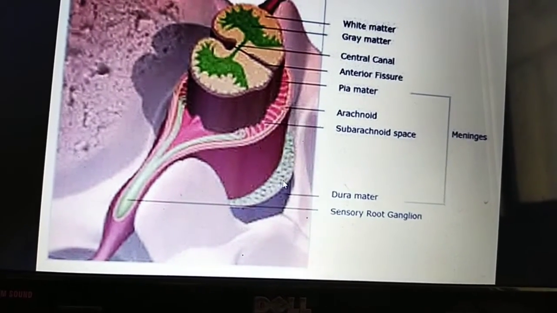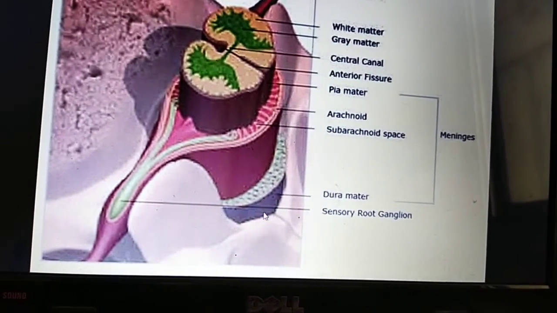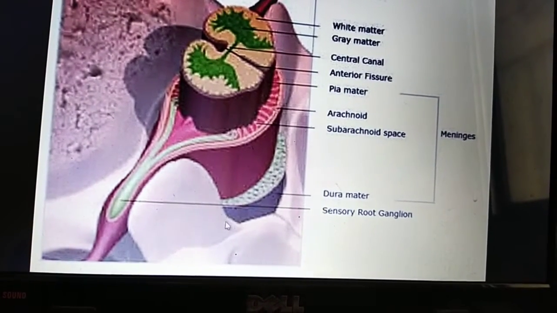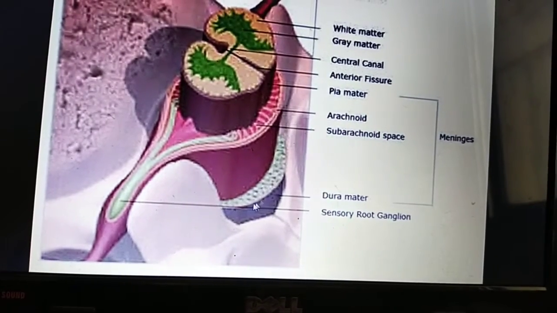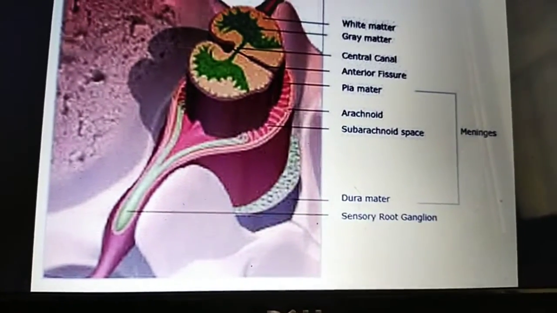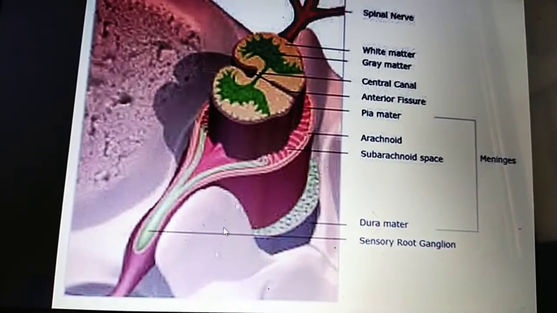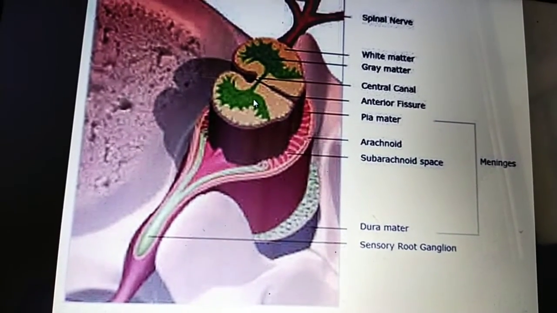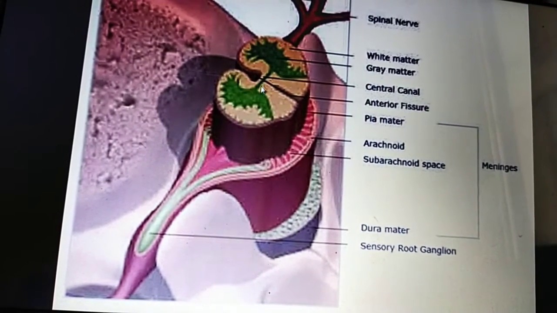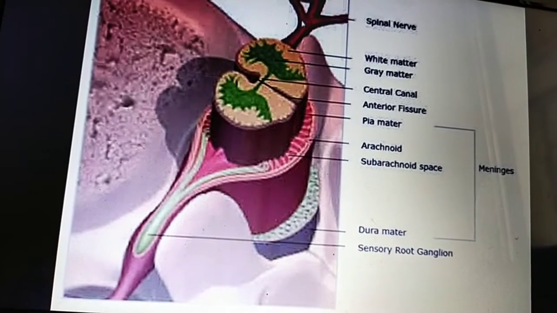And the epidural space is another one. You can see this as the epidural space. That space is in between the dura mater and the vertebrae or vertebral canal. That epidural space is mainly filled with fat and vessels. In the cross section of the spinal cord, you can see the gray matter, this is white matter, and this is the central canal. And these are the spinal nerves.